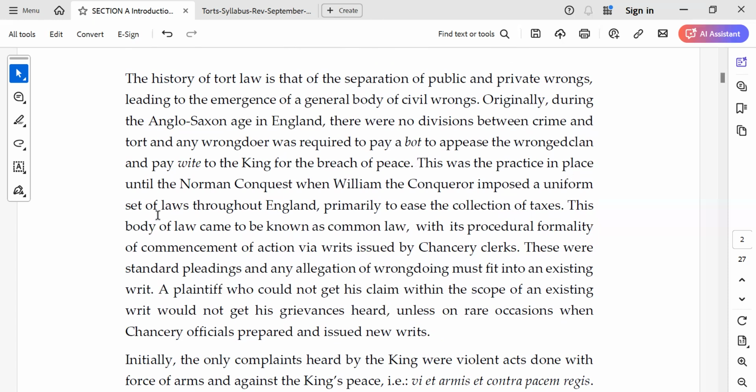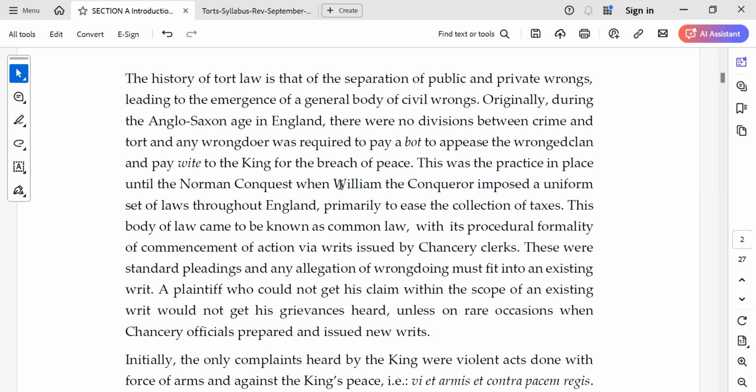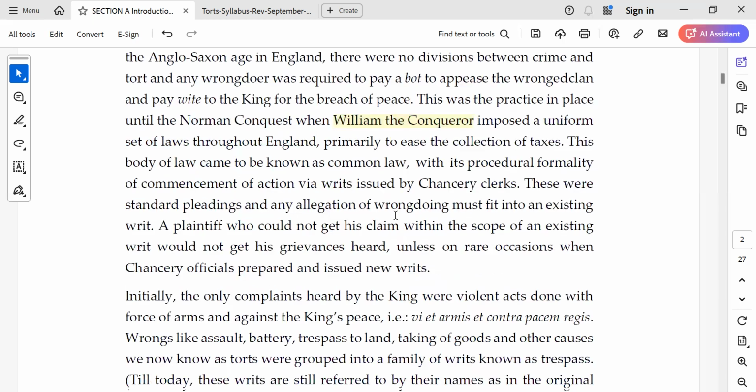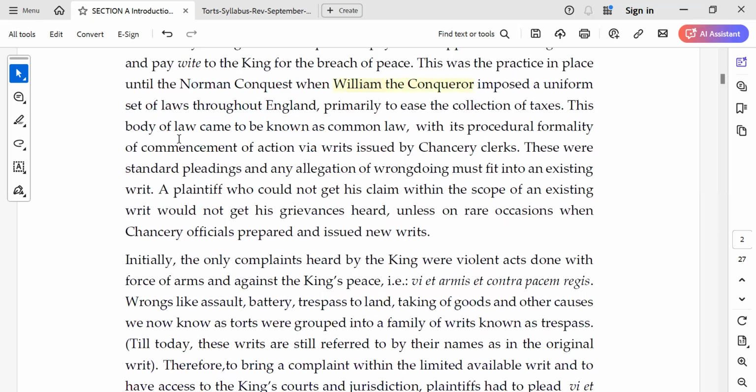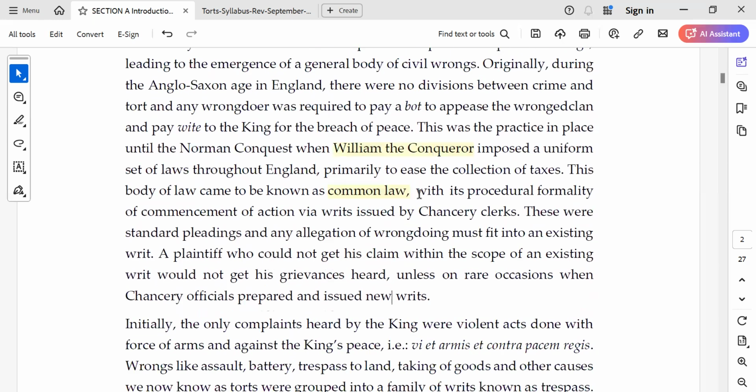This practice was in place until the Norman Conquest, when William the Conqueror imposed a uniform set of laws throughout England. So, who imposed the uniform set of laws throughout England? The Norman Conquest, William the Conqueror. This body of law came to be known as common law because it was common, uniform among everybody, right? So there were no different rules for different groups; one common law came,